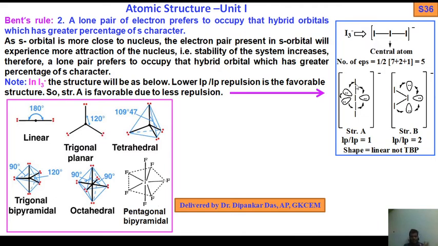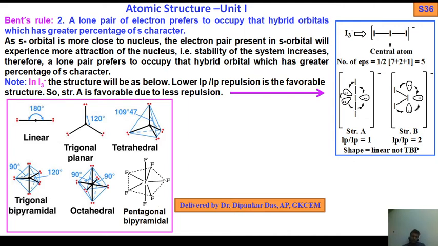So in the case of I3 minus, again I tell you, you should write it like this: iodine adjacent to an iodine atom, then the middle iodine as the central atom. The valence electrons of this central atom are 7, group 17, chlorine, bromine, iodine. So 7 plus 2 halogen atoms plus 1, that's why 5. Out of 5, hybridization sp3d, its shape should be trigonal bipyramid, but due to the presence of 3 lone pairs, its shape will be linear.